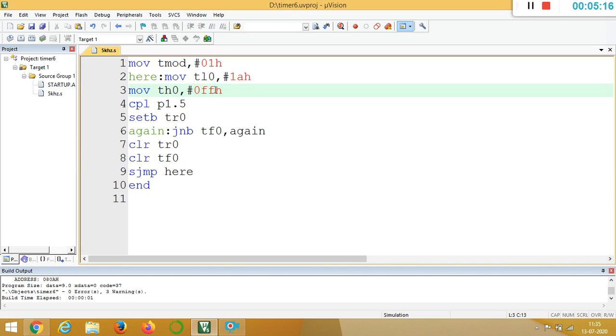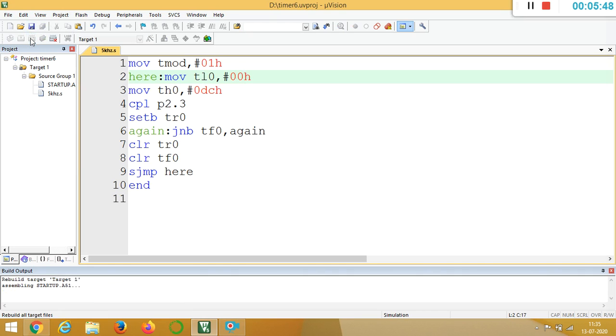So the question statement, that is the third one, is you have to generate a square wave of frequency 50 kilohertz on P2.3. Okay. So now I will change the port. Even you can display on any port. As per the question, it is P2.3. So I will display on P2.3. Then I will initialize the initial count for 50 kilohertz, that is DC00. So the higher byte DC I am going to store in TH and 00 in TL. Then I will save the program, execute,